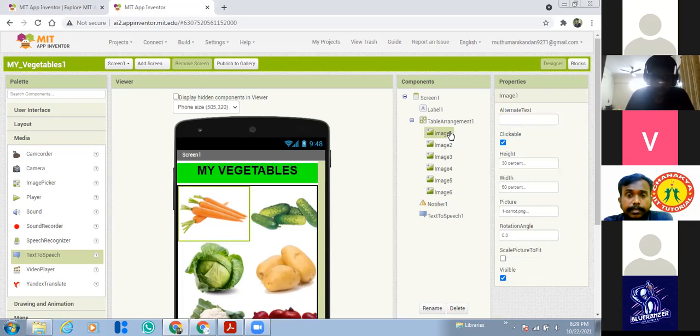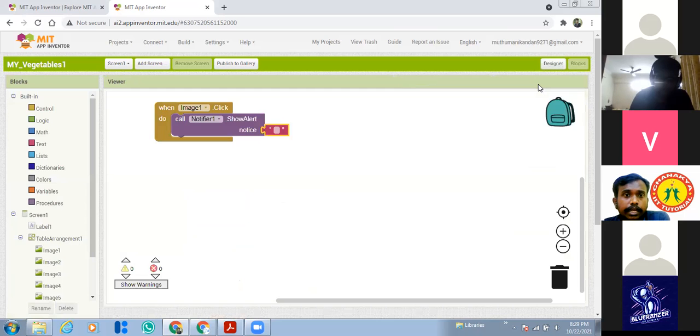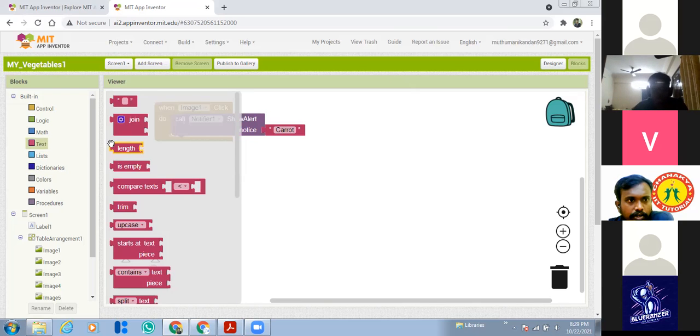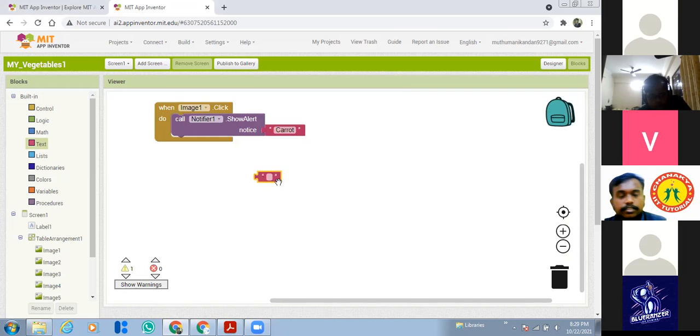So when image one is clicked, what message should it show? The carrot, so here we have to type the message. Can you show the text again? Yeah, click text and scroll up to the first command, the empty command, take it and paste it here. Understand everyone how to add the notifier?